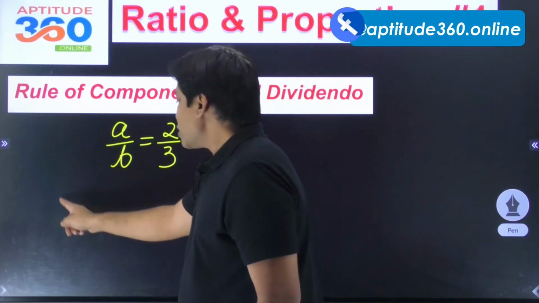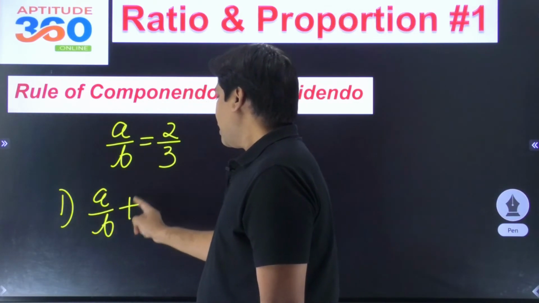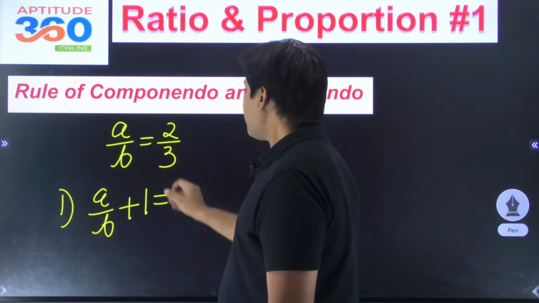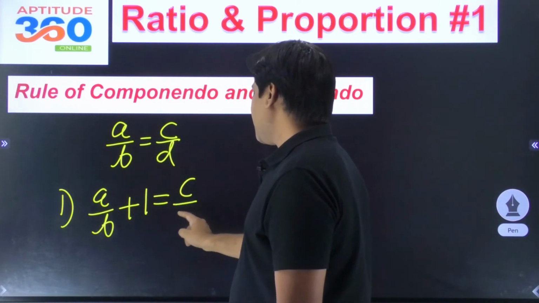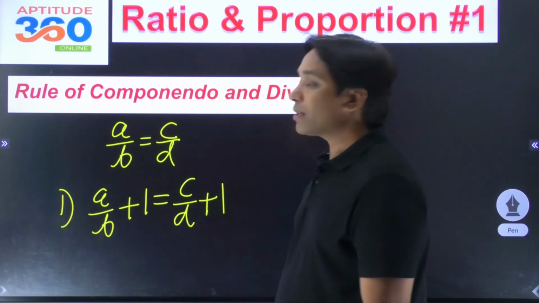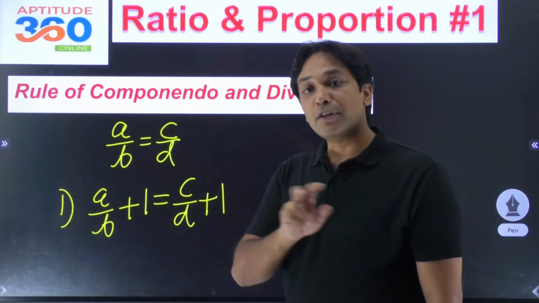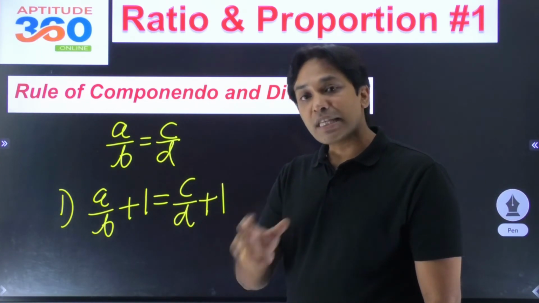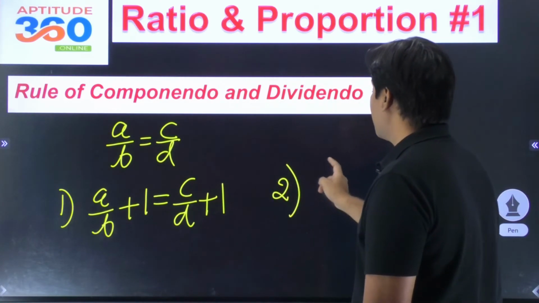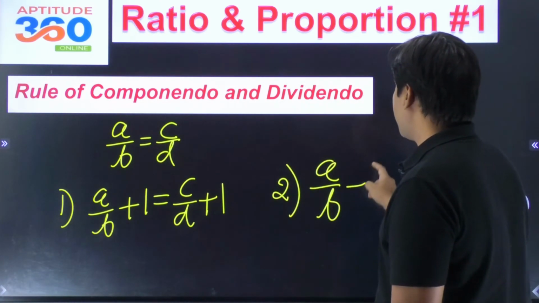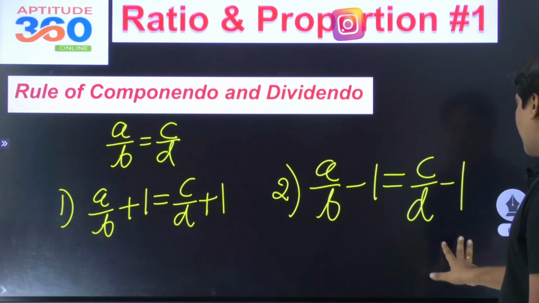सो एक सिचुएशन में क्या करा जा सकता है कि a बाई बी प्लस 1 इज इक्वल टू 2/3 मत लिखो, सम वेरिएबल लिख लेते हैं, c by d plus 1. Will it change? No, it won't change. So what did I say? That equality will remain unchanged provided if you do the addition with the same value on both sides of equality. And what if I subtract 1 from both sides of equality? And if you do that,